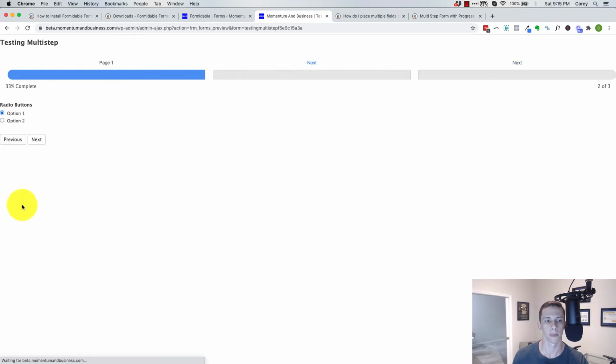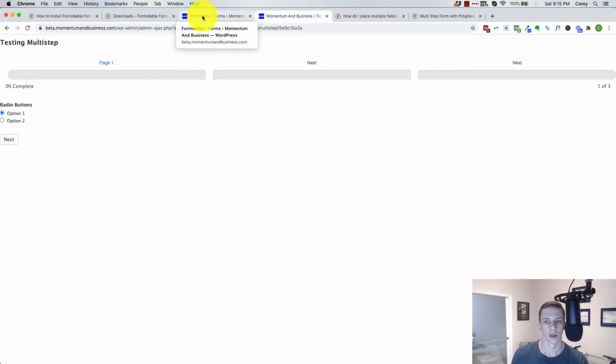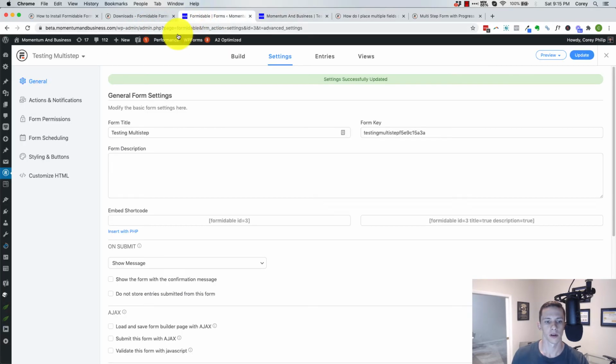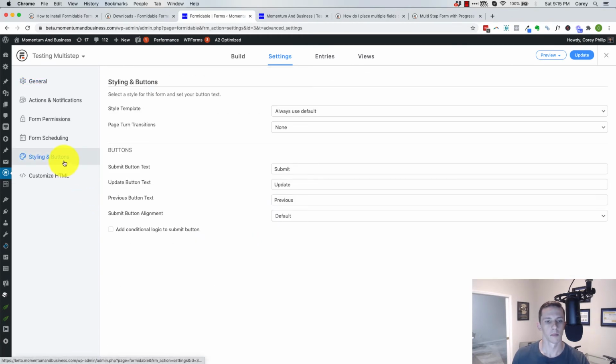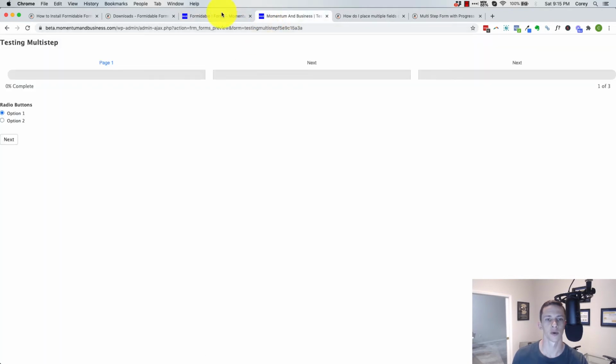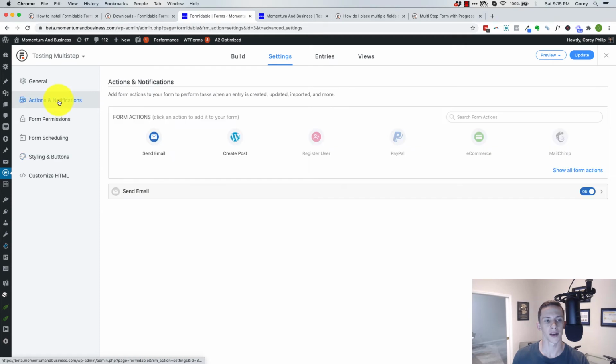Okay. All right, so we get a little progress bar there. Let's see what styling and buttons has to do. No, nothing too crazy. Final thing before we go into stylizing this form, let's go into actions and notifications and